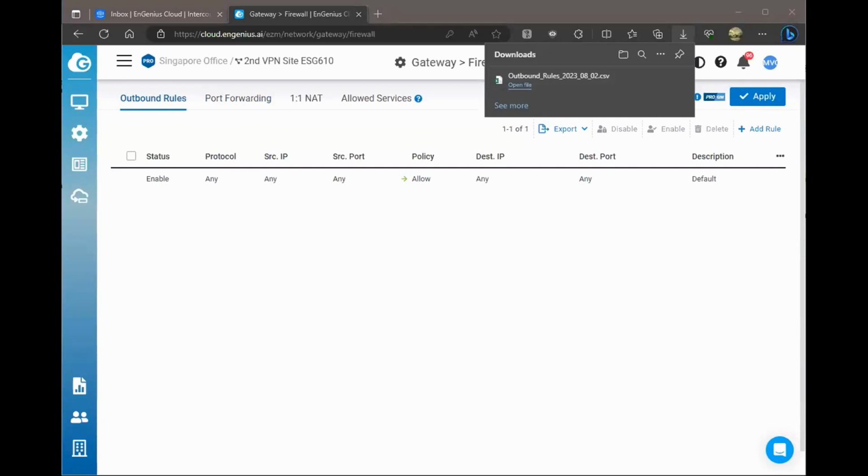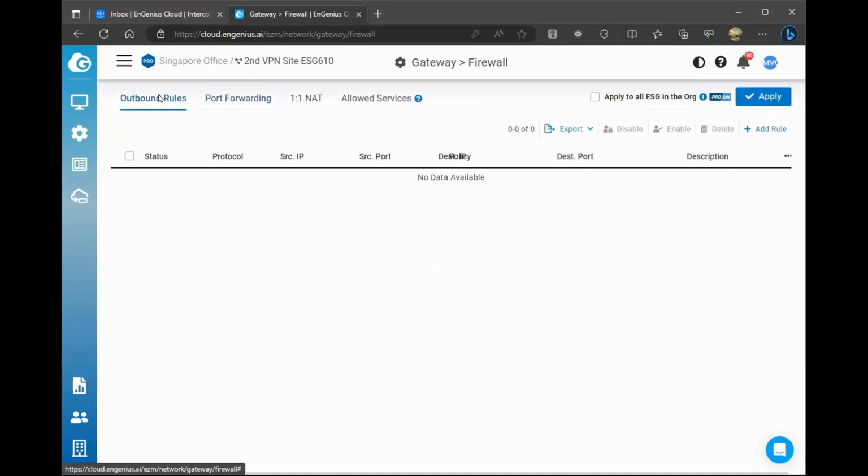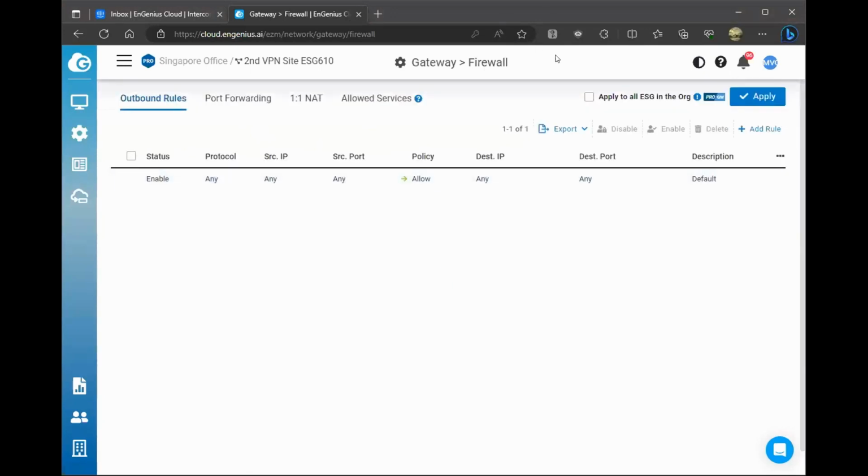So this makes it easier for reporting as well as keeping a log of what you have applied on the firewall side. Previously I discussed that if, for example, you're setting up outbound rules for the firewall side, you can apply this now to all your ESGs in the network, so you only have to do it once. So let's say multiple branches from the HQ side, maybe you're applying those different firewall rules. You can straight away apply it to all by just ticking this box and by having the ESGs on the